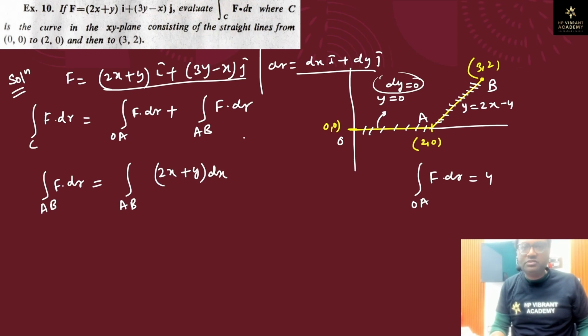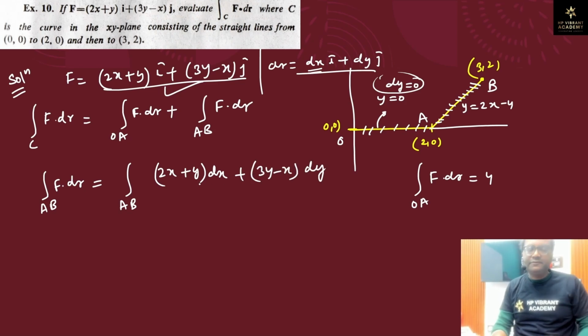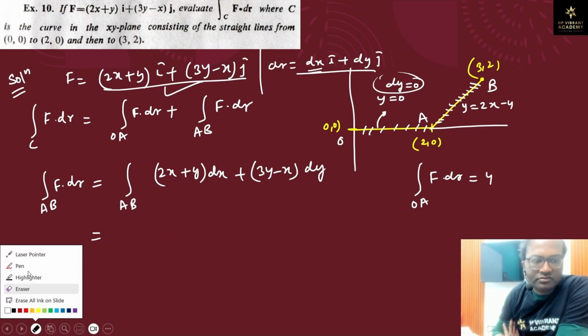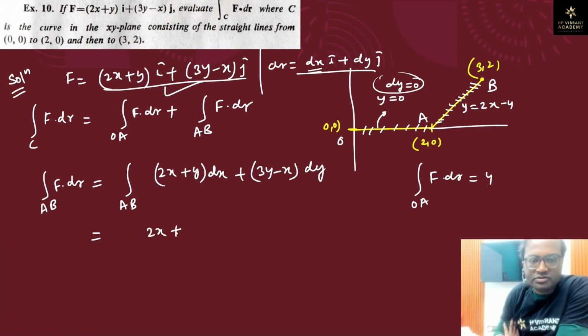So this is dx i cap, plus 3y minus x into dy. So this will be equal to 2x plus y. We have the value of y as 2x minus 4. So we have 2x plus, placing the value of y as 2x minus 4, into dx plus, and we have